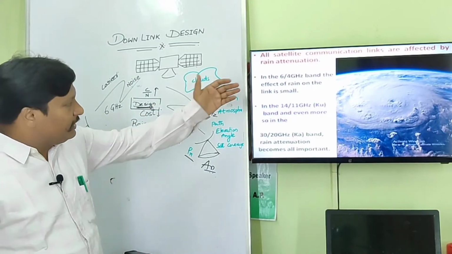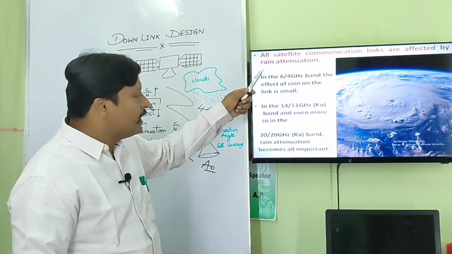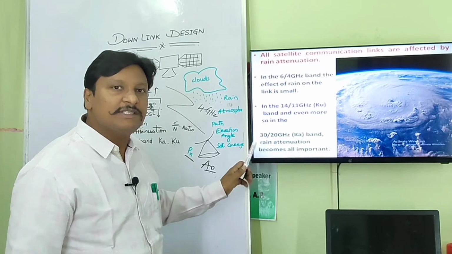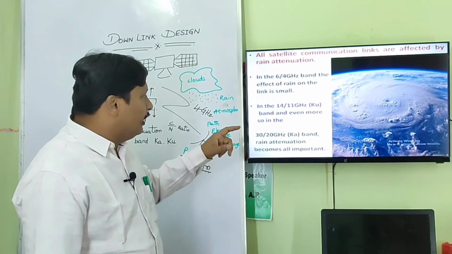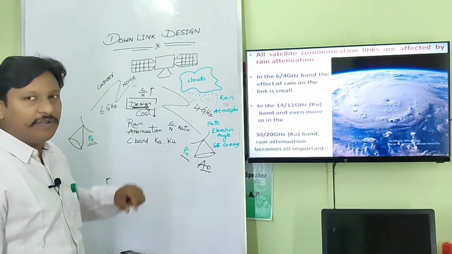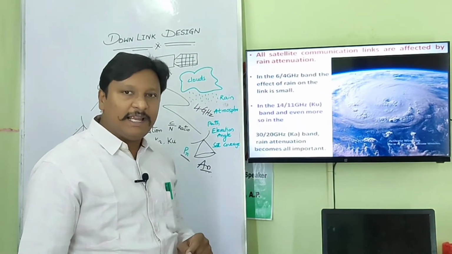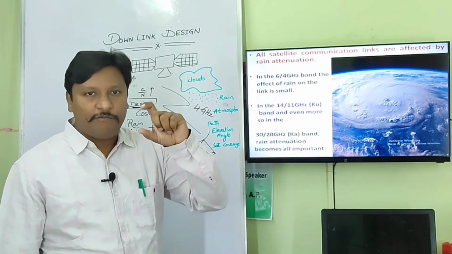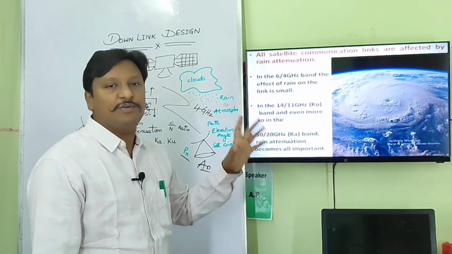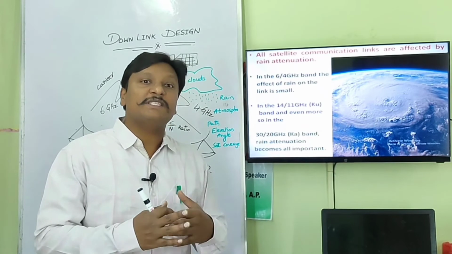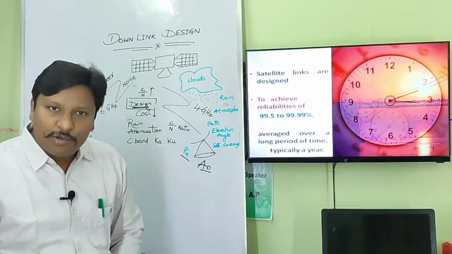As I mentioned already, three different types of frequencies are used for satellite communication design. One is 6/4 GHz, the next one is 14/11 GHz and the next one is 30/20 GHz. Uplink and downlink frequencies are used here. But the problem is that at different frequencies, the attenuation experienced by the wave is different. At 6/4 GHz, the attenuation experienced by the propagating wave is smaller compared to 14/11 GHz, and that of 30/20 GHz. So 30/20 GHz experiences higher attenuation. As the frequency increases, the attenuation experienced by the wave propagation also increases.